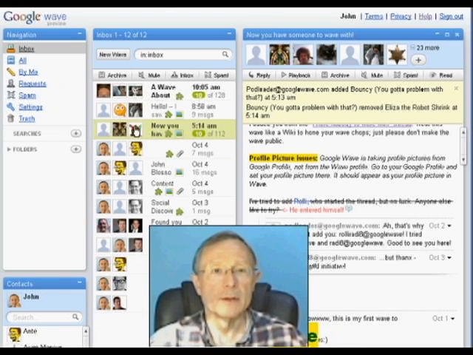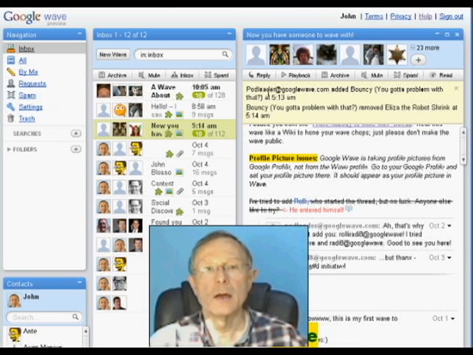Just to give you a little bit of a guided tour, this is one message that I'm highlighting here. Now you have someone to wave with, and you can see at the top that when you've clicked on a message, you see a little dialog that shows some of the more recent activities in terms of managing the wave. Somebody's added a person to the wave and removed another person. So you can see already that there's some wave management going on by people who are using Google Wave to keep the conversations, the waves, sane as much as possible.